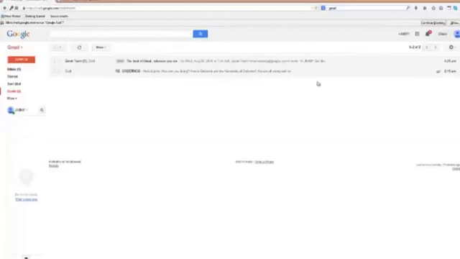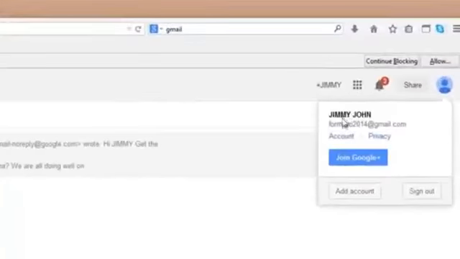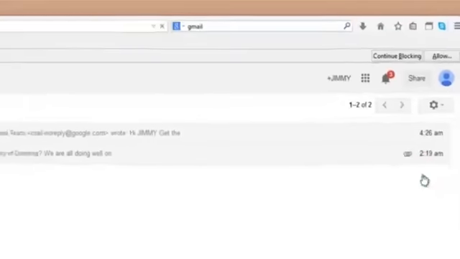Having done so, the other thing, if you are finished doing your email, finished writing and sending email, remember always to sign out so that your email will not be hacked or used by other people. So I go to this option here, click on the option, you see your name and your email address. You either can add an account or you can sign out. So the other thing you have to do is to sign out so that you are safe and no other person can